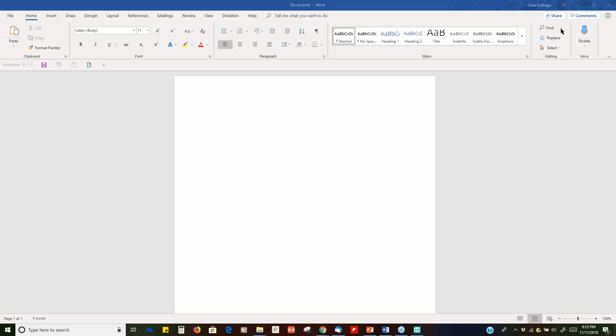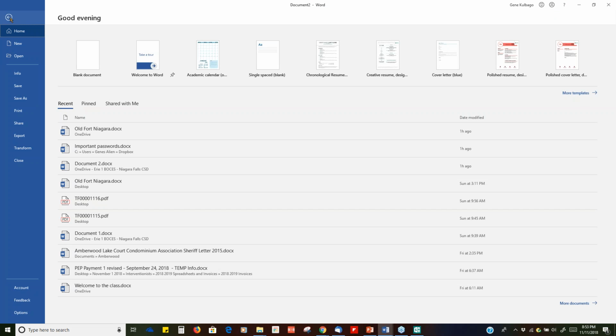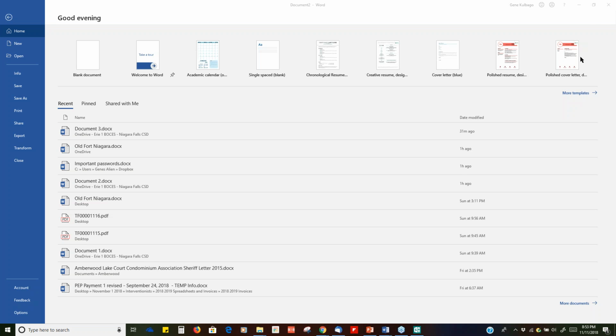But the point I'm trying to make is when you go into these tools, especially Word, PowerPoint, things like that, you don't have to go in and create all of these new templates and ideas yourself. A lot of them are already pre-made. We've mentioned this before, and I'd like to show you 2 ways to find some of these resources that you can download and use. If you go to File when you're in Word,